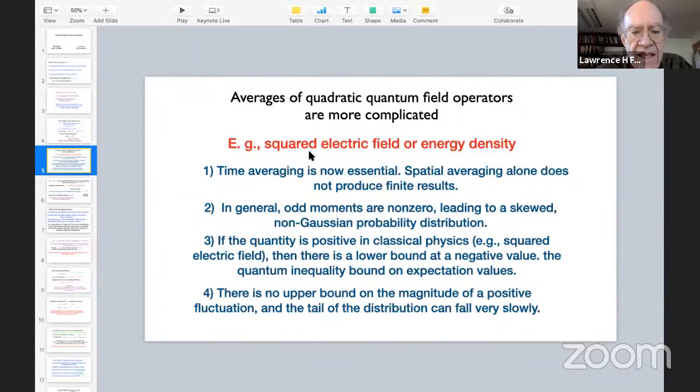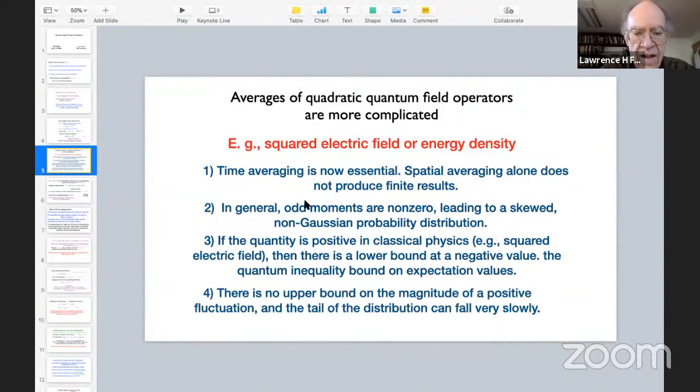If you average that in time, that still gives you a Fourier transform that falls off. But the spatial part involves a sum, something like e^{i(k + k') · x}, with vector k plus vector k prime dotted into x. If you average that in space, it doesn't fall off for the pairs of modes that are in opposite directions. You don't get suppression. So that's, in brief, why spatial averaging alone is not enough. And we'll see a physical effect of that later in this talk.